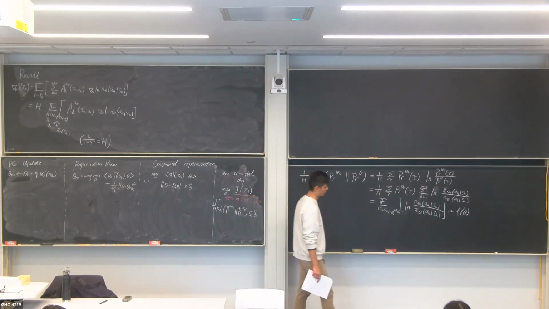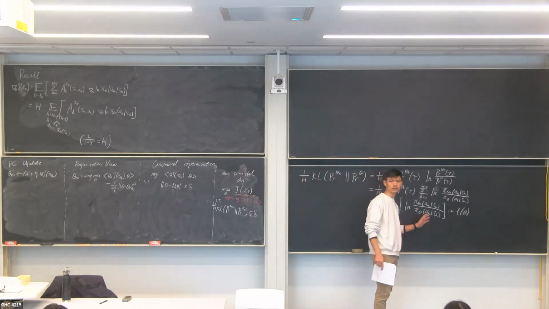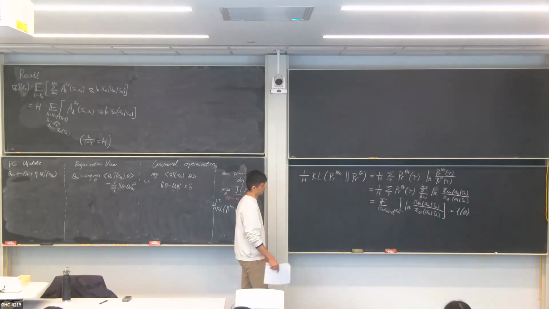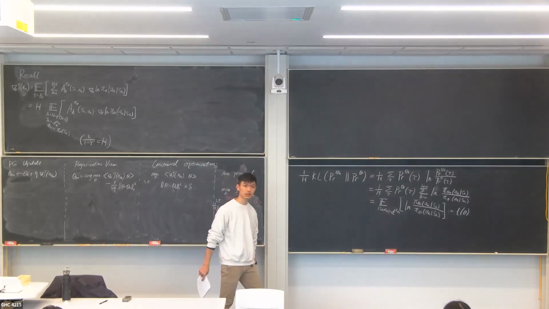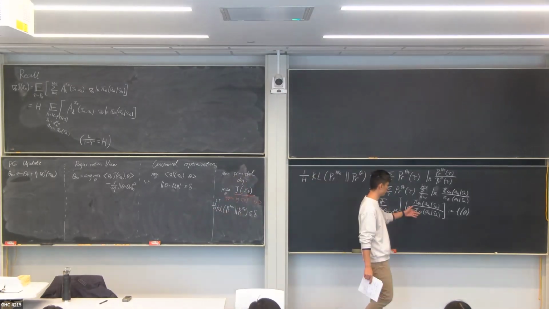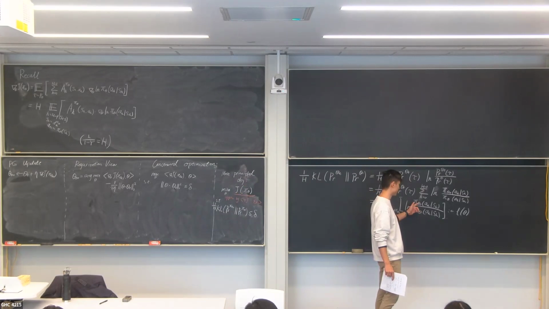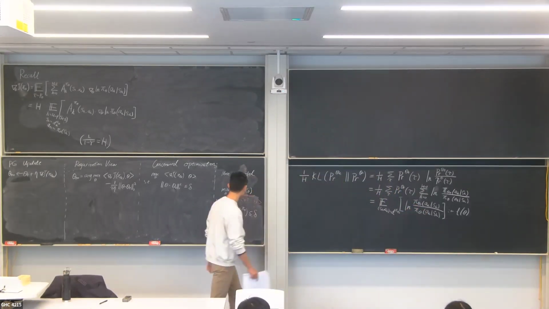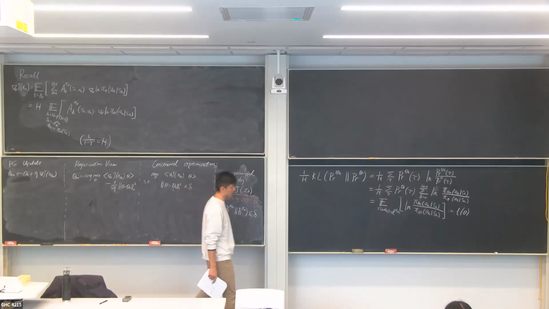In general, this still looks a little scary, like you have to compute this ratio and things like that. But it is a convex function. If you just look at these probabilities, it's sort of convex in theta. So you could potentially